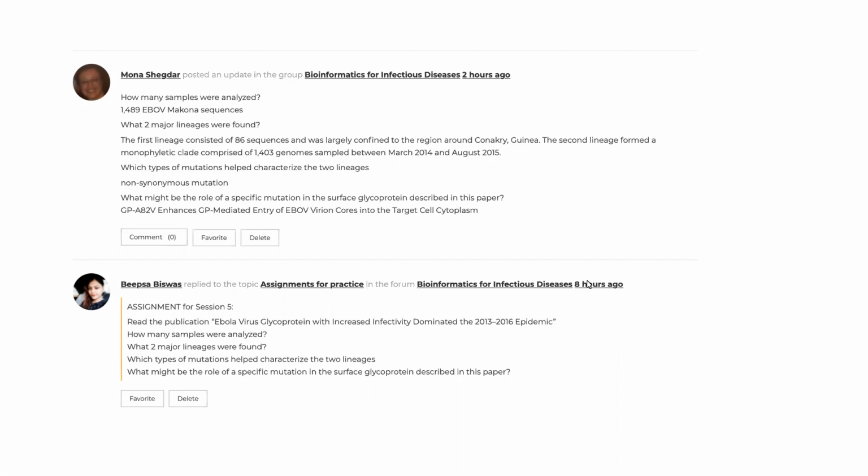So what they discussed in this article were some analyses that were conducted over the course of this epidemic, and different types of mutations were identified. And so we talked briefly about those mutations. As you remember, mutations could be categorized into different types, and those types include mutations that cause a change in an amino acid. And so today we'll talk a lot more about those mutations, but there are also mutations that do not result in a change in that amino acid, but also there are mutations that cause a stop codon,